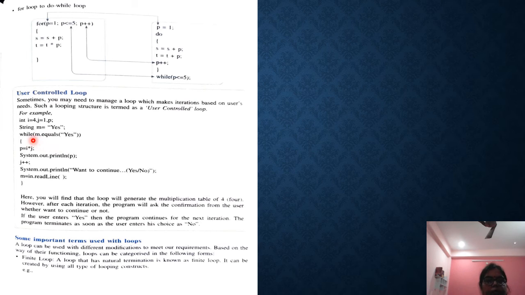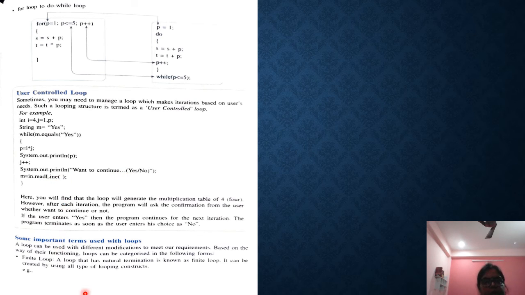Just if the string value m is equal to yes, then it is going to work or not. Okay, this is your user control loop. See here, the user has to input the string, it can be yes or no.